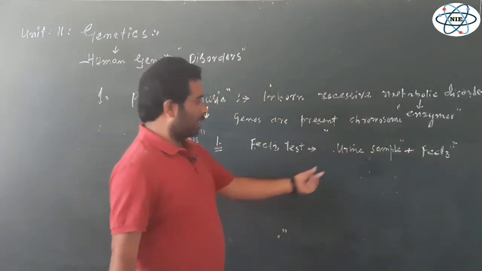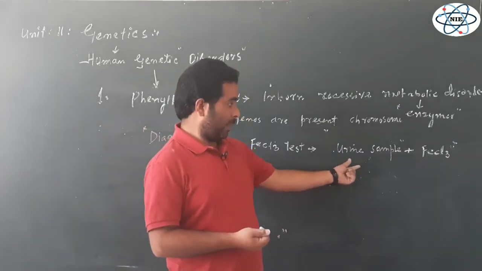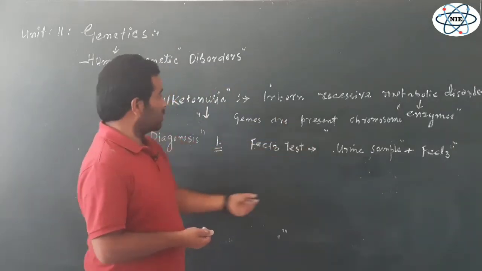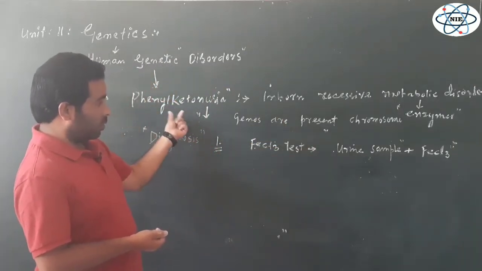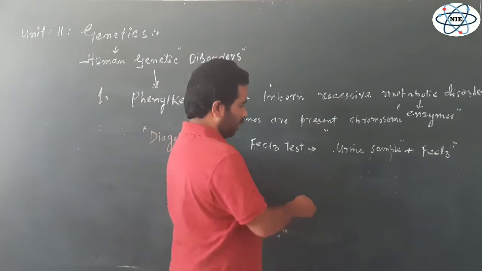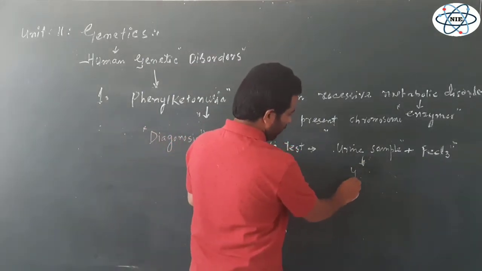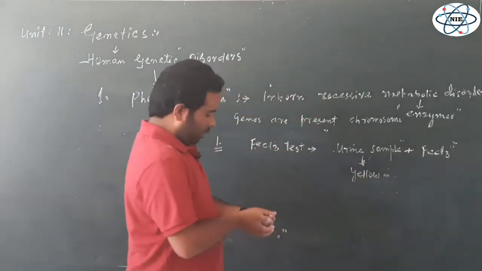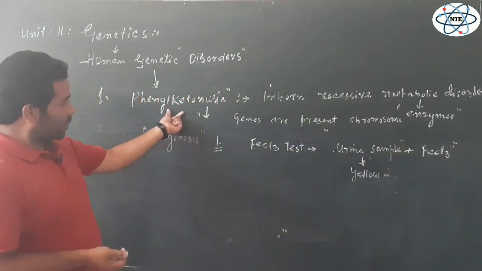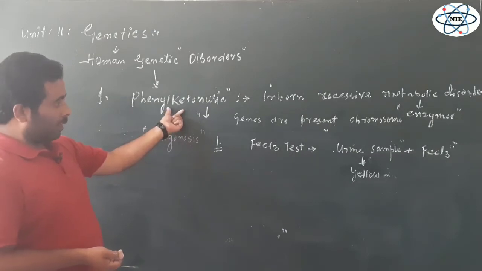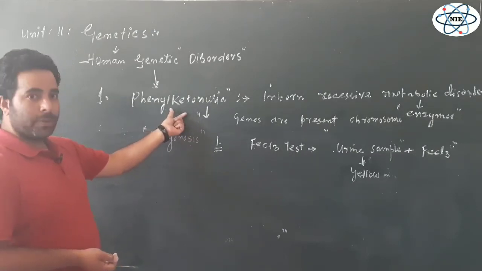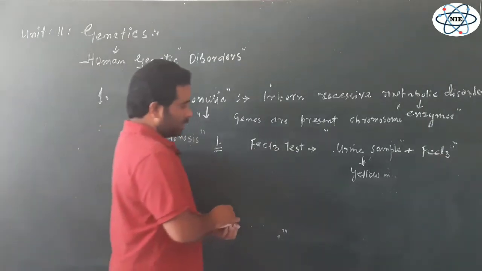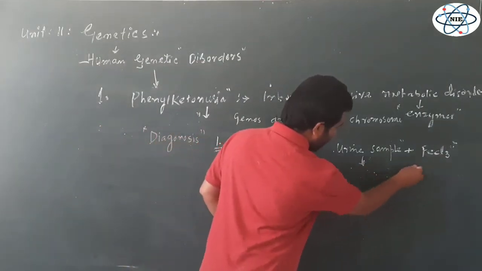Generally, if there is no phenylalanine in the urine, the individual is not suffering from this disease, phenylketonuria. Normally, the urine of the individual is yellow in color. But if the individual is having phenylketonuria, whose blood and urine both contain a lot of phenylalanine and phenyl acetate metabolites, then in presence of this ferric chloride,